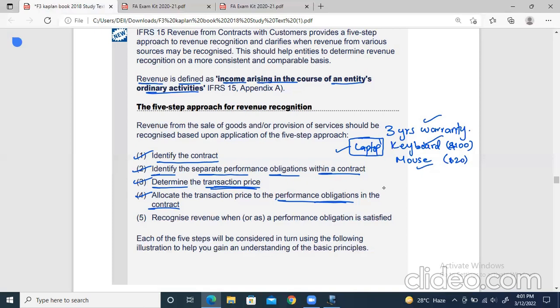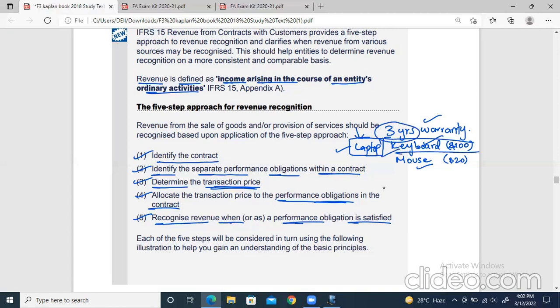Okay. Now once that's allocated to all of these 4 products, the last step is to recognize revenue as each performance obligation is satisfied. Let's say their accountant recognizes the revenue for the laptop because that has been sold to you. Now what about this 3 years warranty? After every year passes, in the end of 2022, it will recognize 1 year of revenue because 1 year has been satisfied. After the end of 2 years, it will recognize another year's revenue. So this 3 years warranty will be split over 3 years.